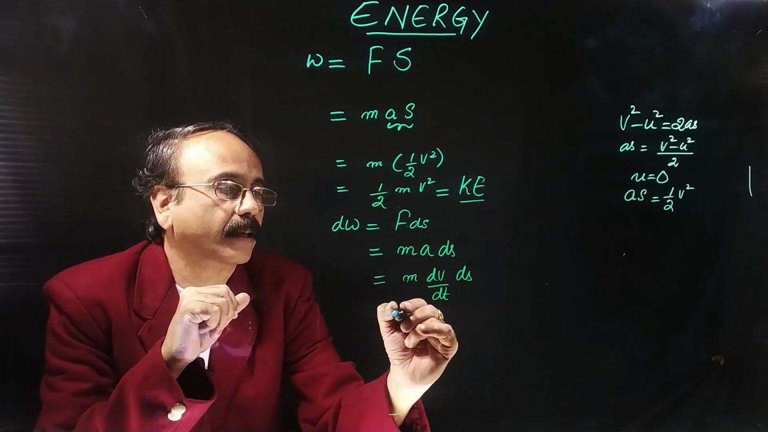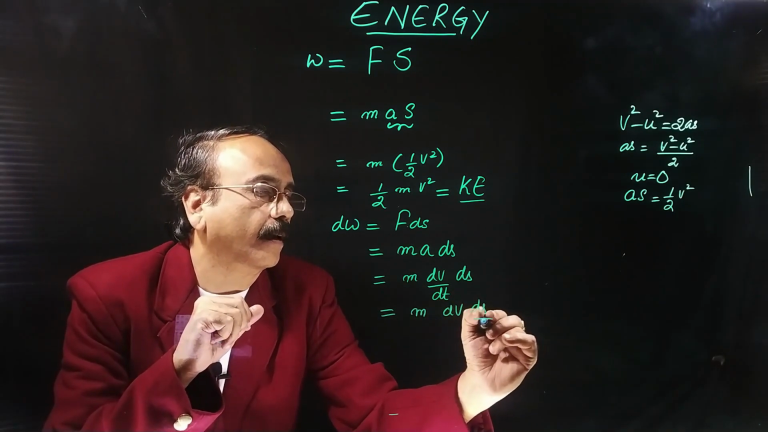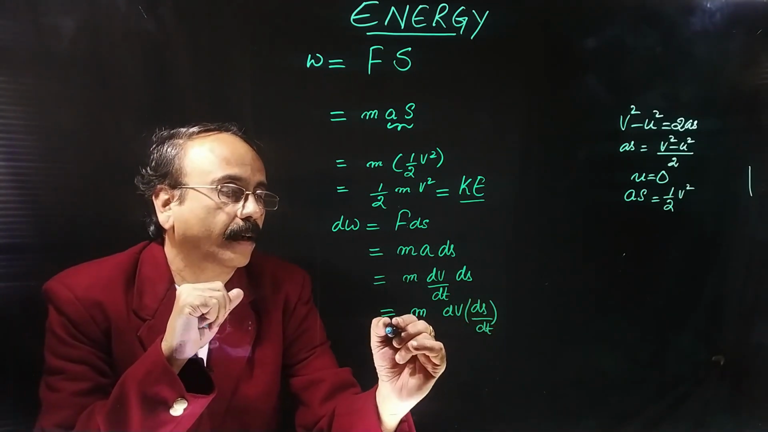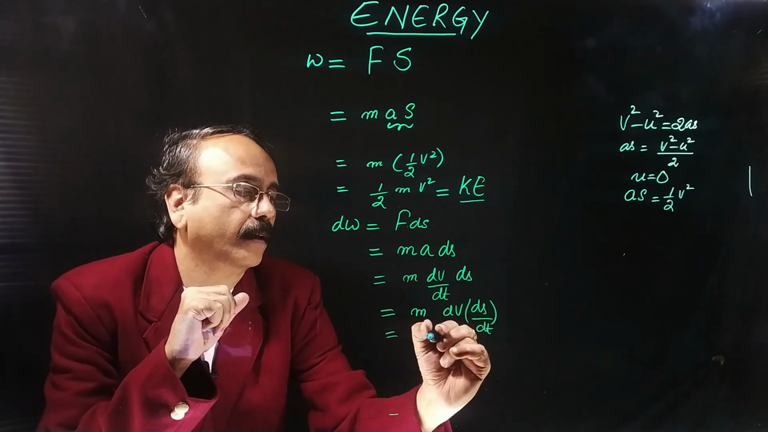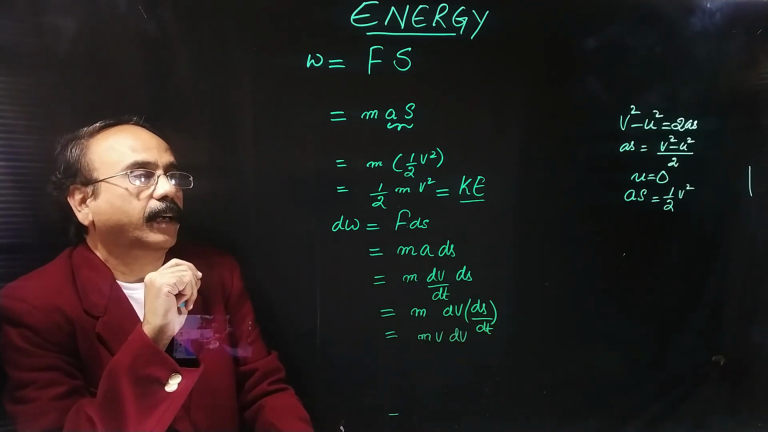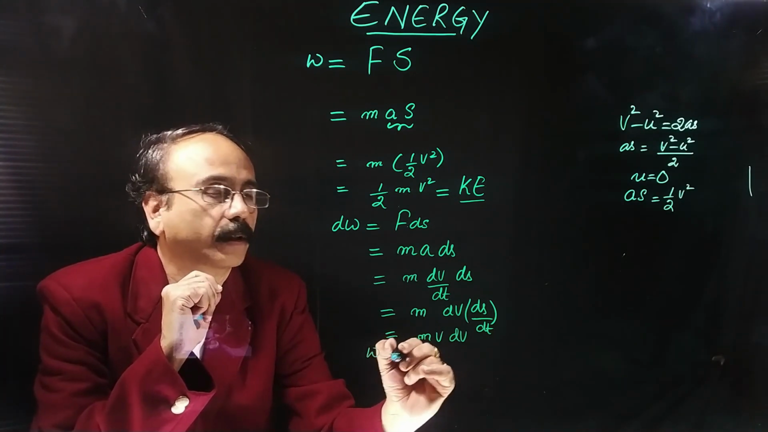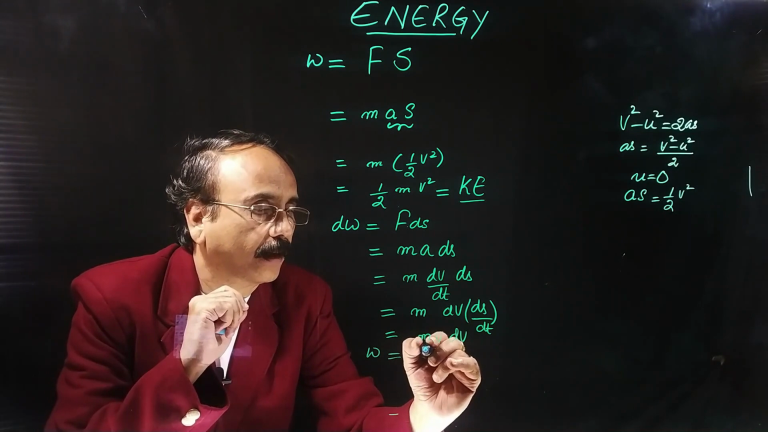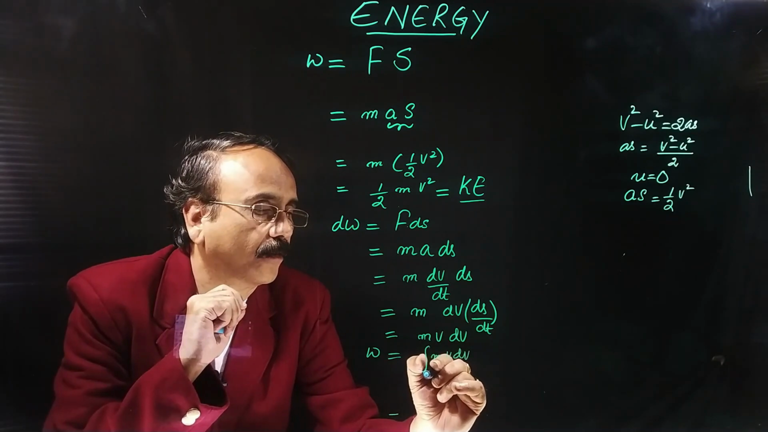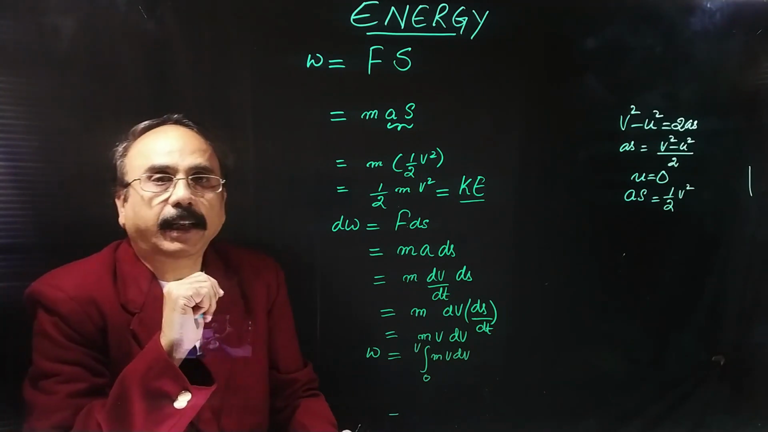By rearranging these terms, m times dv, and it is ds by dt. We know that ds by dt is nothing but the velocity. Therefore, this is mv dv. Now, if I want to know the entire work done, I can integrate mv dv from 0 to velocity v. We know the integration of v